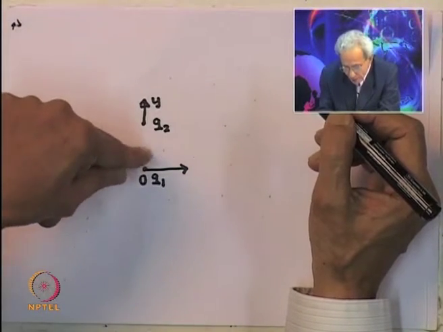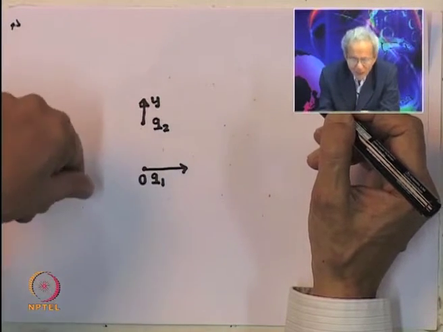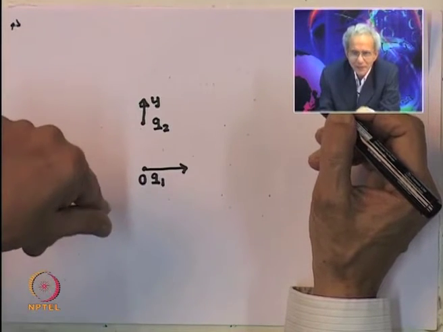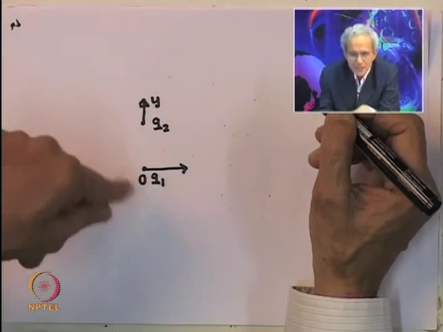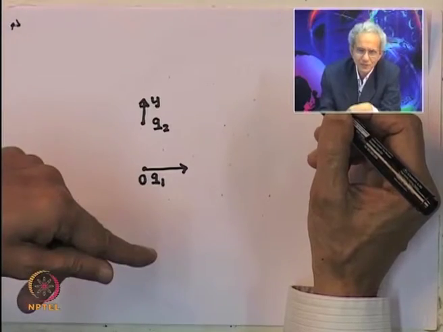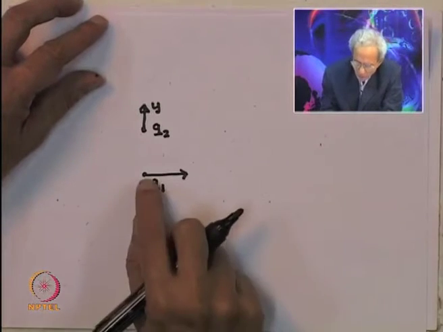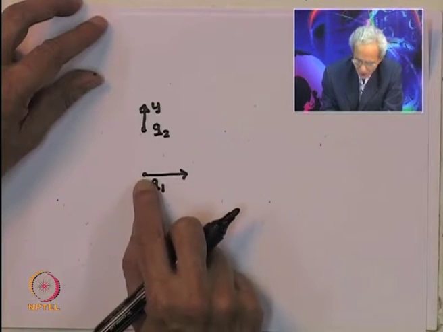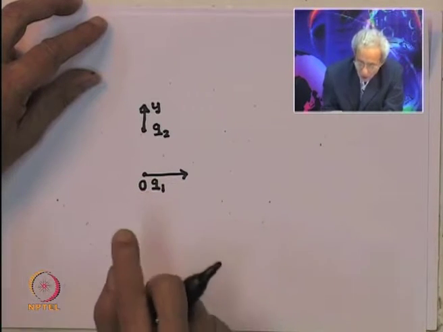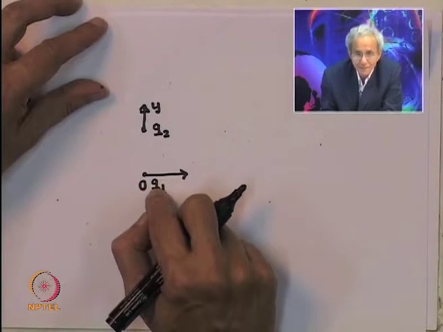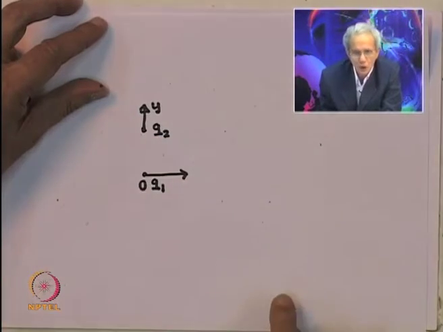So, this field, because there is a charge which is moving in the y direction, the field is in the z direction. So, V cross B, which is y cross z, is along the x direction. Therefore, this charge will be subject to a force because of the magnetic field generated by this charge which is flying past this point O. Since there is a magnetic field, this charge will experience a force which we have just now talked about.